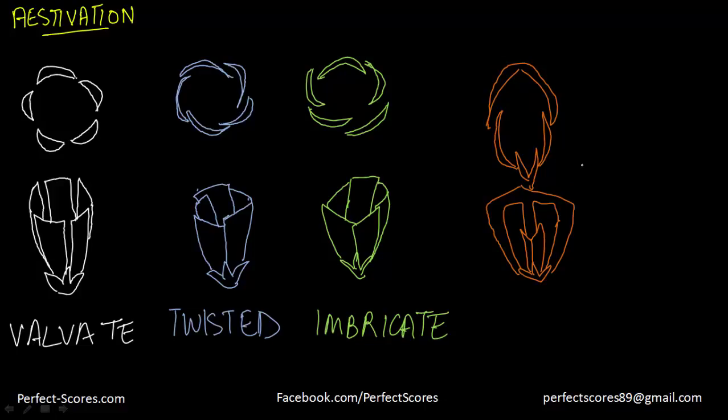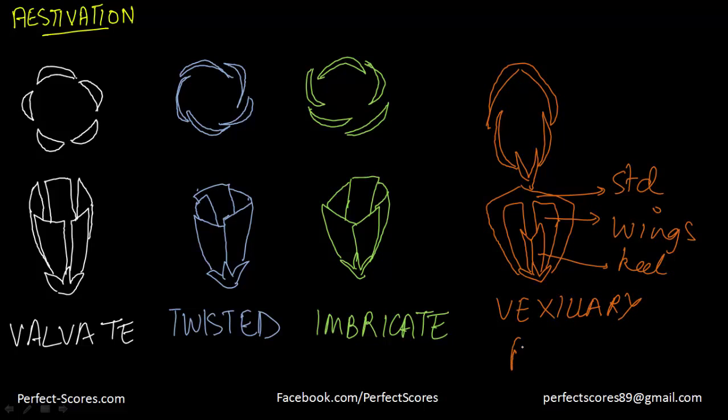Now the fourth case, you can see it's a little different. It's used in the pea flowers and the bean flowers. There are 5 petals. The largest one is called the standard. It overlaps 2 lateral petals. So this one is known as a standard. The 2 lateral petals are known as wings. And they in turn overlap the smallest anterior petals known as the keel. This type of estivation is known as vexillary